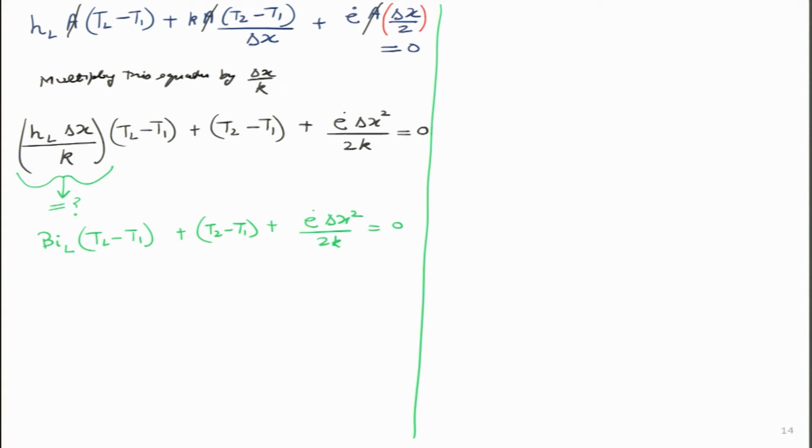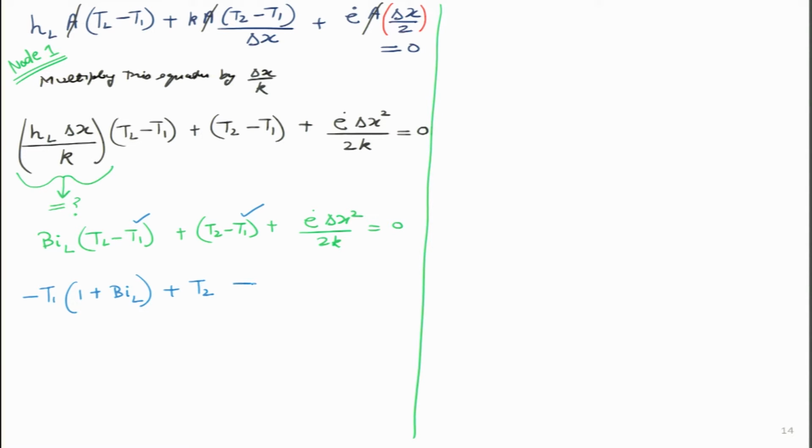So, this is the final solution that we have obtained for node 1. I will just rewrite it in such a way so that it becomes a little bit user friendly. What I mean by that is, I will write first in terms of T1, then in terms of T2. So, for T1 we get one expression from here, another term from here. So, if I take the minus sign out, I can probably write it as 1 plus Biot left. Then I want to write it in terms of T2, and it simply becomes plus T2.